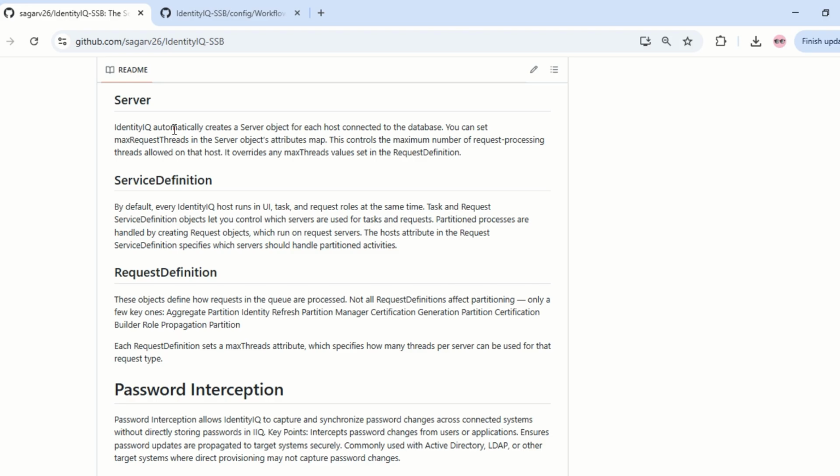aggregation partitioning, identity refresh partitioning, manager certification, generation of certification, and role propagation partition, and all will be there in the request definition. But not all requests affect partition. Each request definition sets a max threads attribute which specifies how many threads per server can be used for